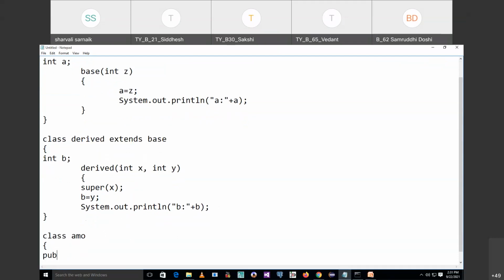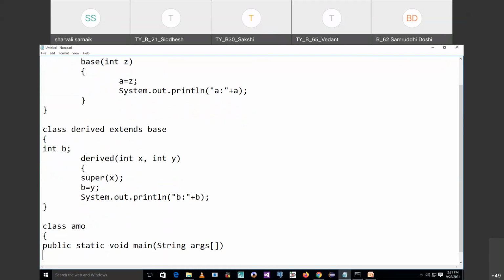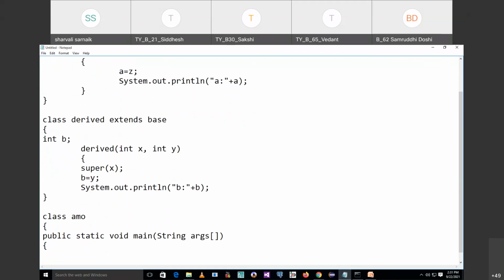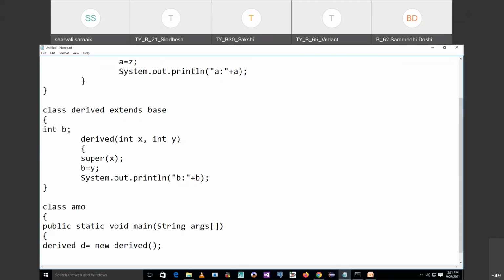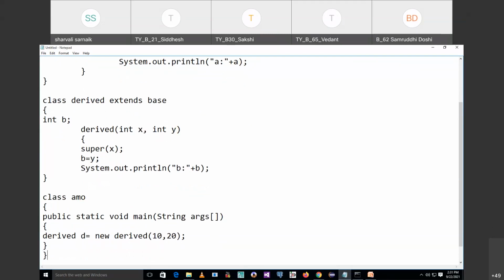In that I'm writing public static void main String args, and now I'm creating an object of derived class. Okay, so derived class, again you may see that derived class has two parameters. So I'm giving 10 comma 20, and I will close the class. I will save the class,